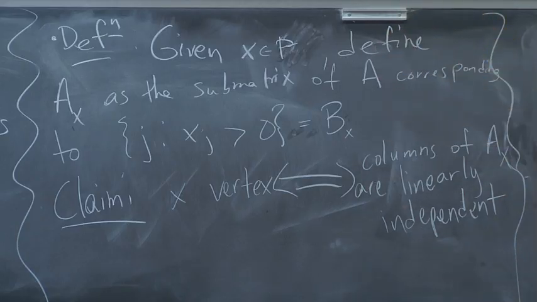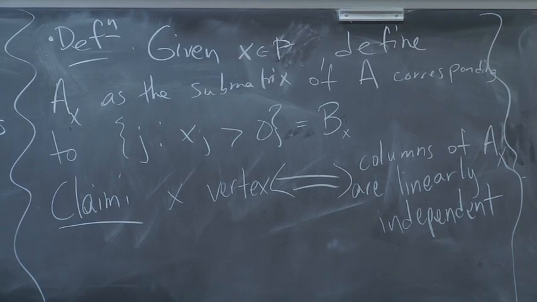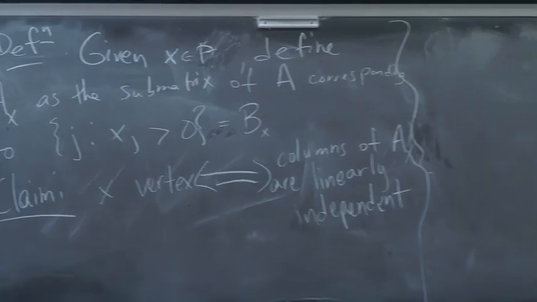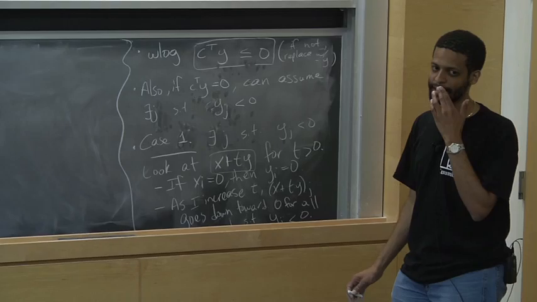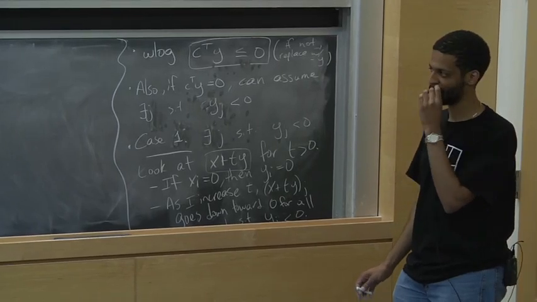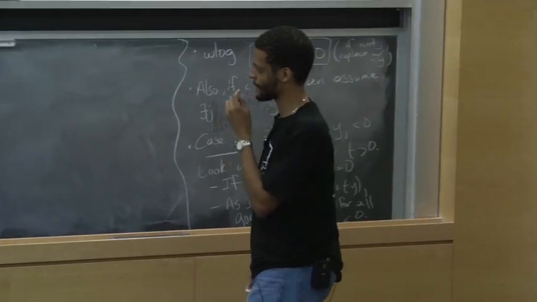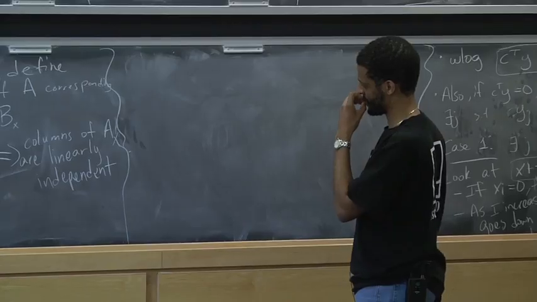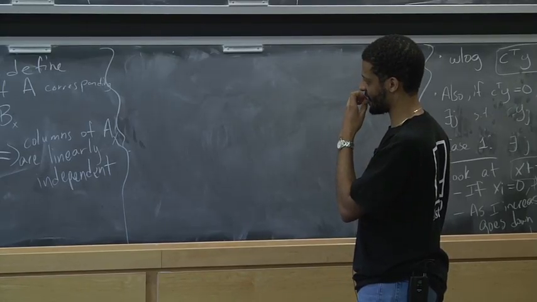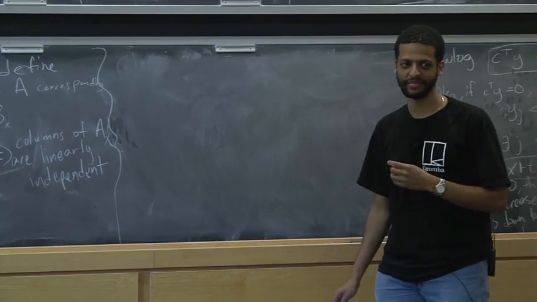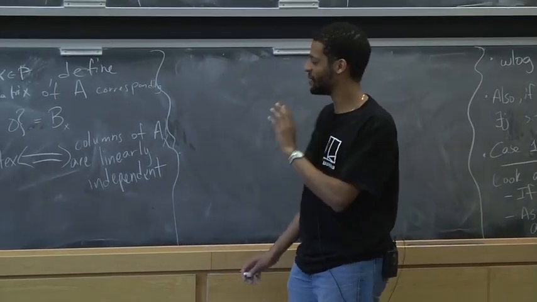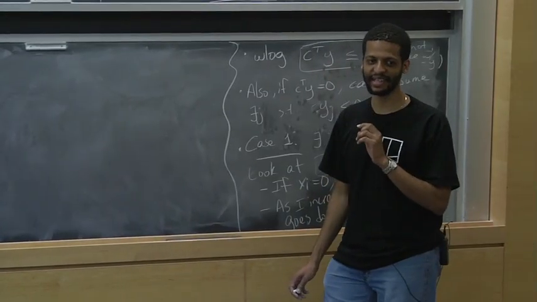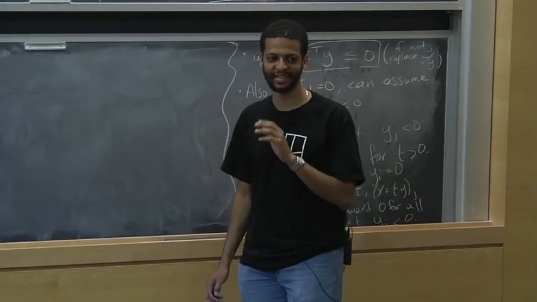Add more columns, don't you have to change x? Well, no, because I know that. Okay, maybe I'm getting too far ahead of myself. Let me prove this theorem. But no, I don't have to change x. If you're changing A sub x, you're changing which columns, or which j are in B sub x, right? I'm changing which j are in. Yeah, I am. I'm adding more of them. Yeah, I mean, I'm changing the set. Okay, let me prove this theorem, and then I'll get to what I want to say. Because I think I'm trying to say too much without writing anything, and it's confusing.